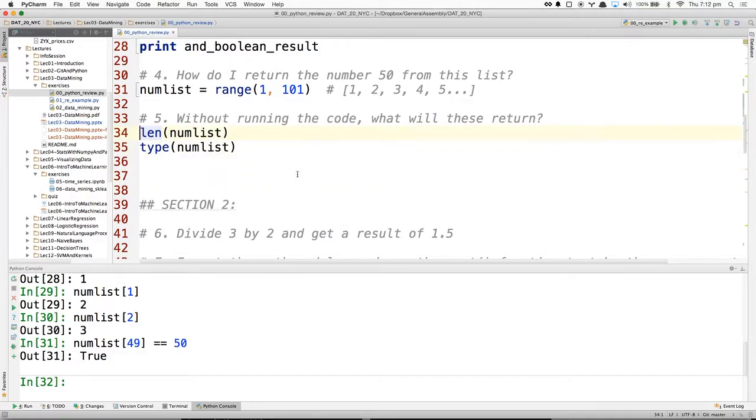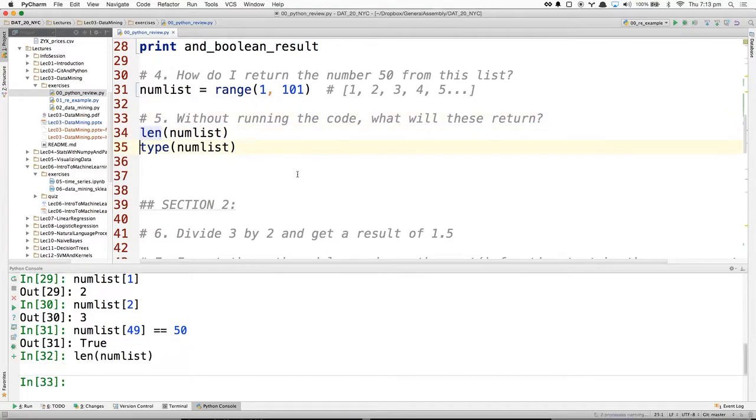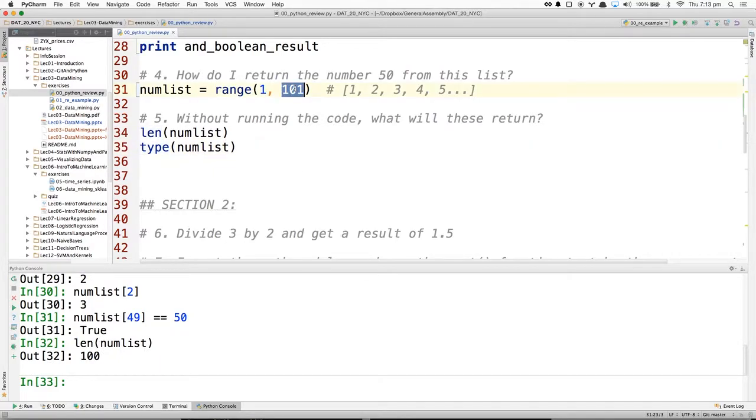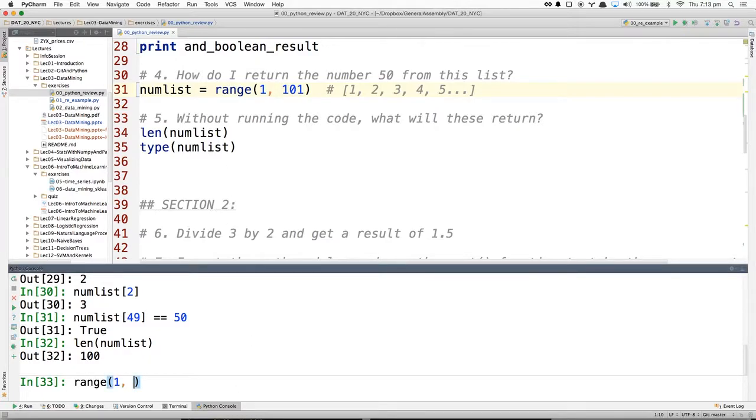Length of numList. Again, this is pretty straightforward, but basically, what do I get here? I get 100, not 101. Well, I guess the point is here, really. If I say range, the reason why is this 100, not 101? If I do range 1 to 1, I get an empty list, right?